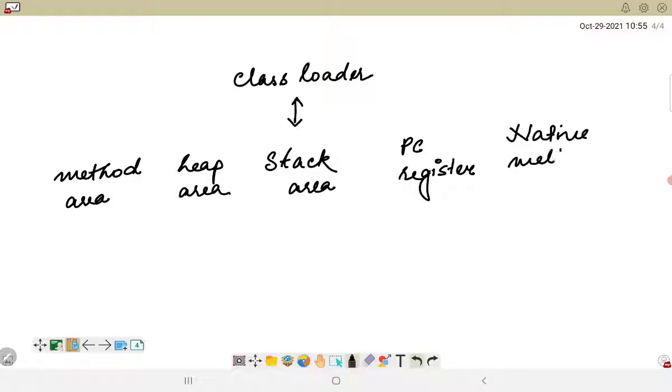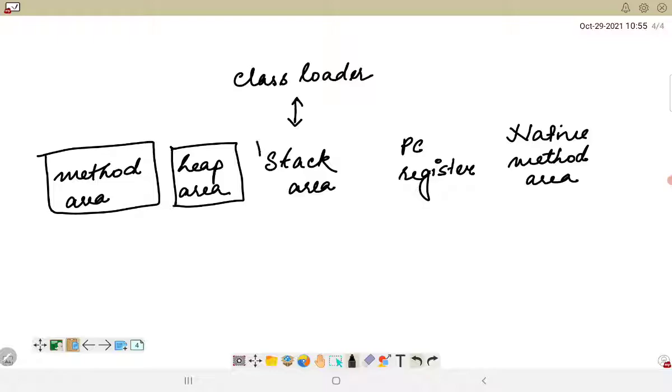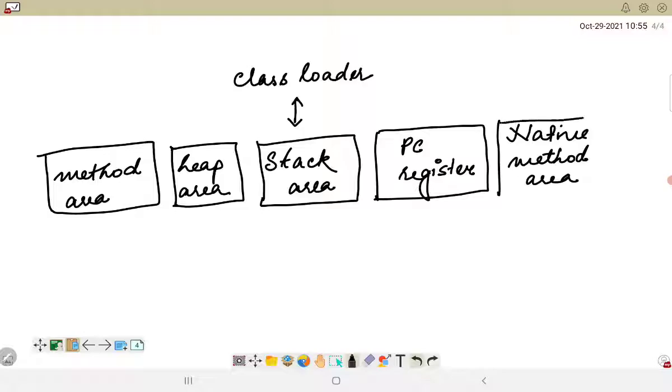These are the different types of memory areas which JVM provides us with, and the class loader is able to interact with these memory areas in order to store the values, or in order to create the objects.